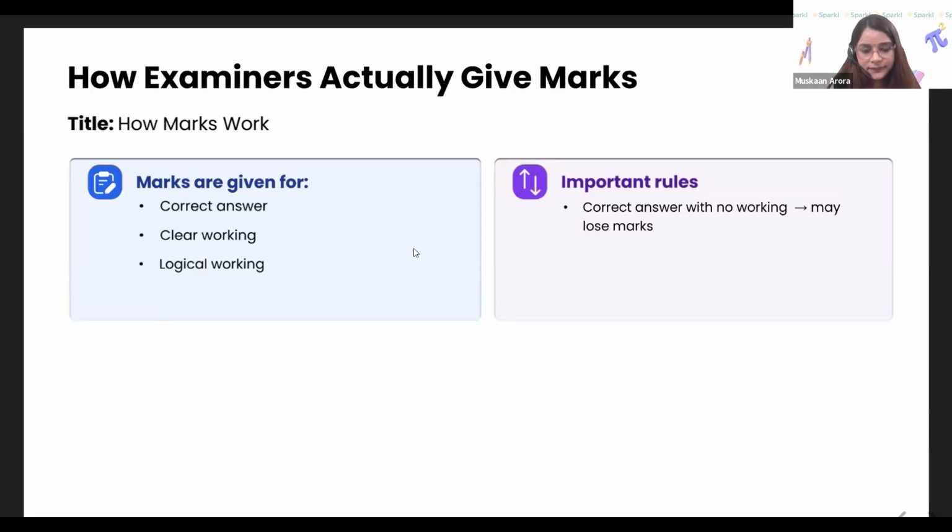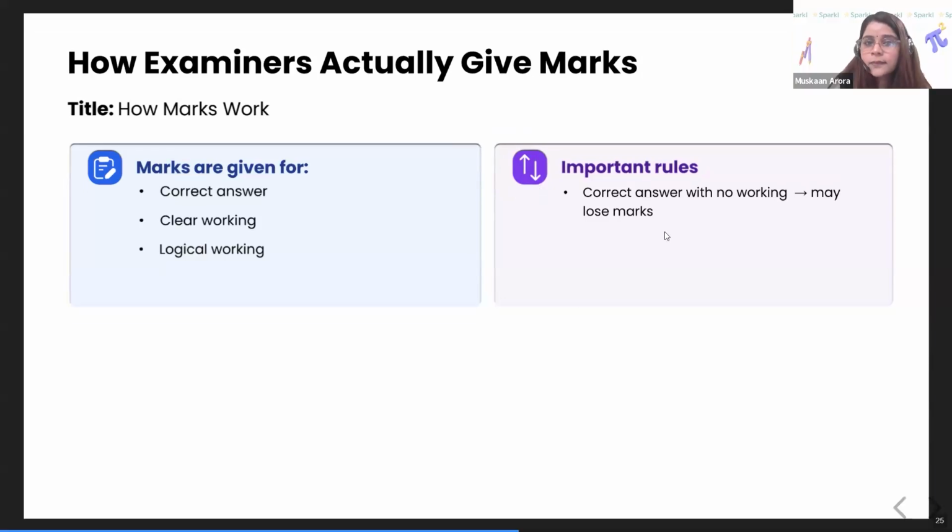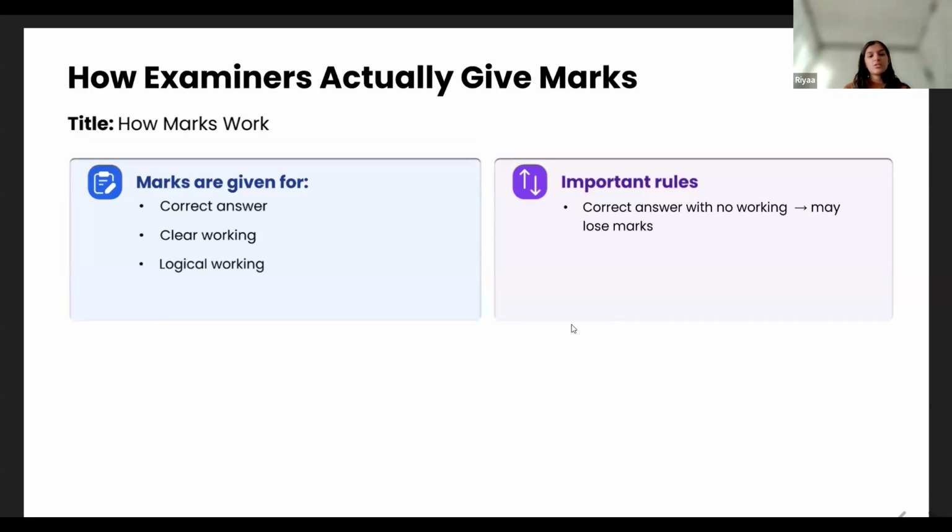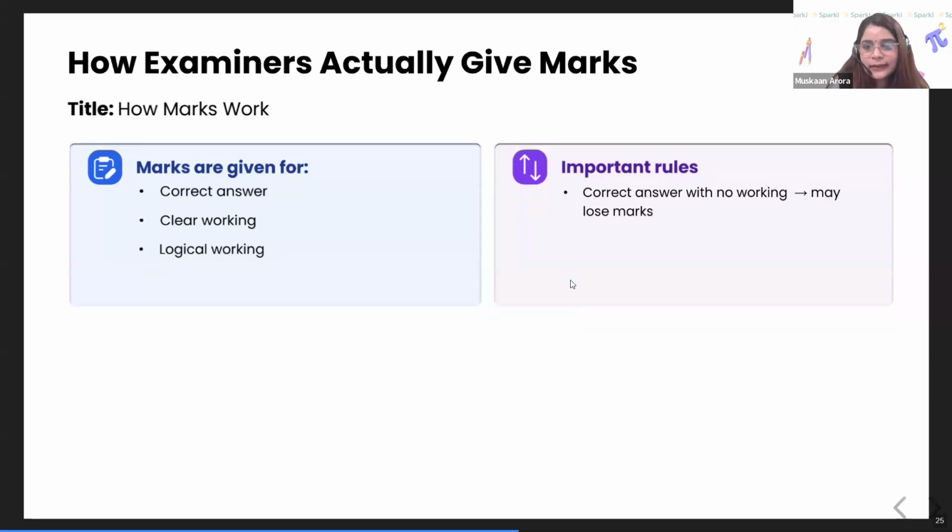Yes, Riddhi. I think it depends on the criteria that's being assessed. If it is criterion C, maybe you will lose marks for not showing the working. Mm-hmm. Yes, next please. I think it depends on how many marks the question is. Sometimes for 1 markers it is allowed, but for 3 markers or 4 markers you might need to show the working. And it also depends on an important thing, the command term, right? We have to write our responses according to the command terms that are mentioned in the question.